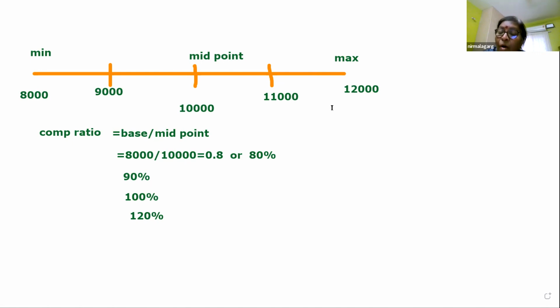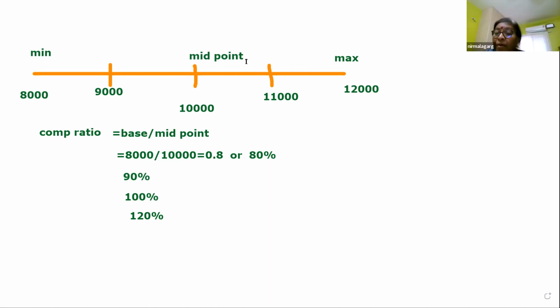Then I will say all people with a minimum 120% comp ratio only will be promoted. So I can also use it for my promotion policy. So one is promotion policy or recruitment policy. Two, during annual increment,